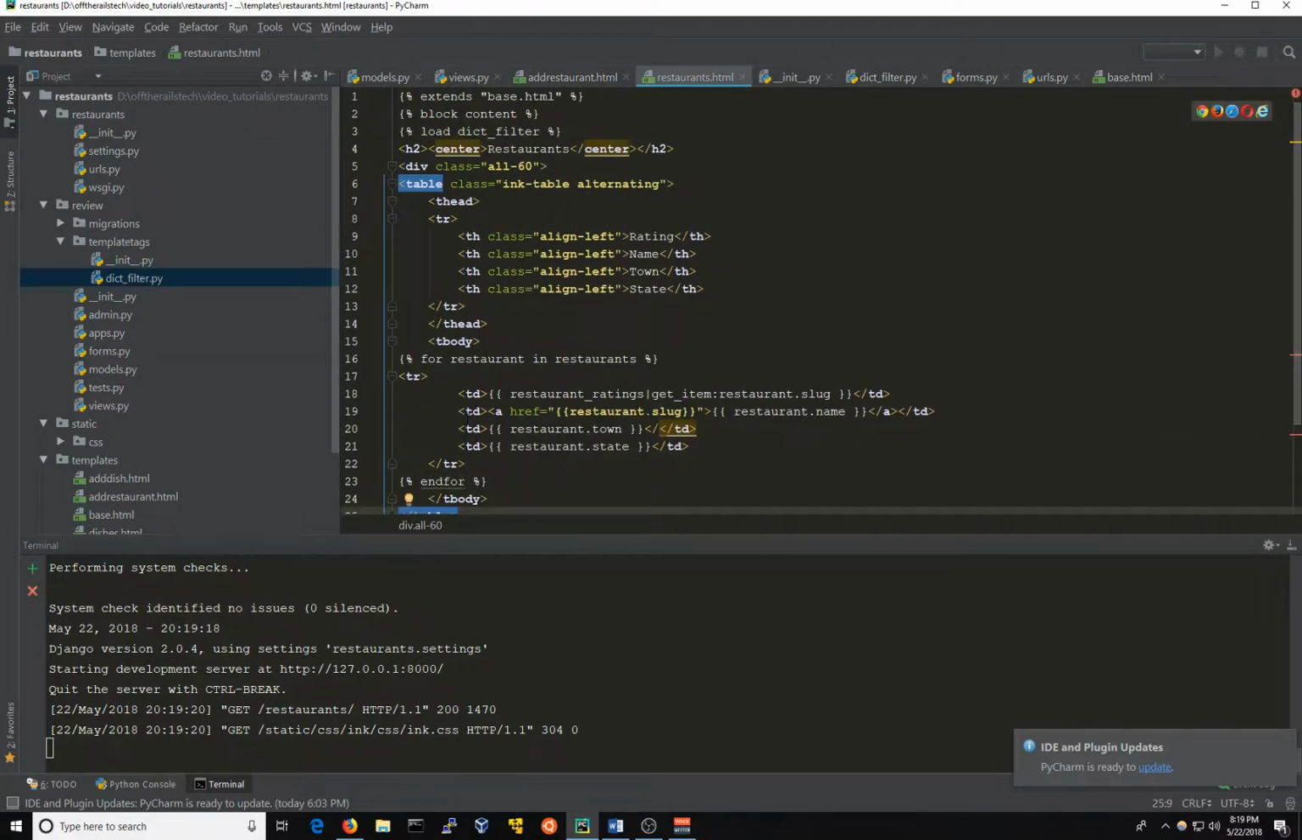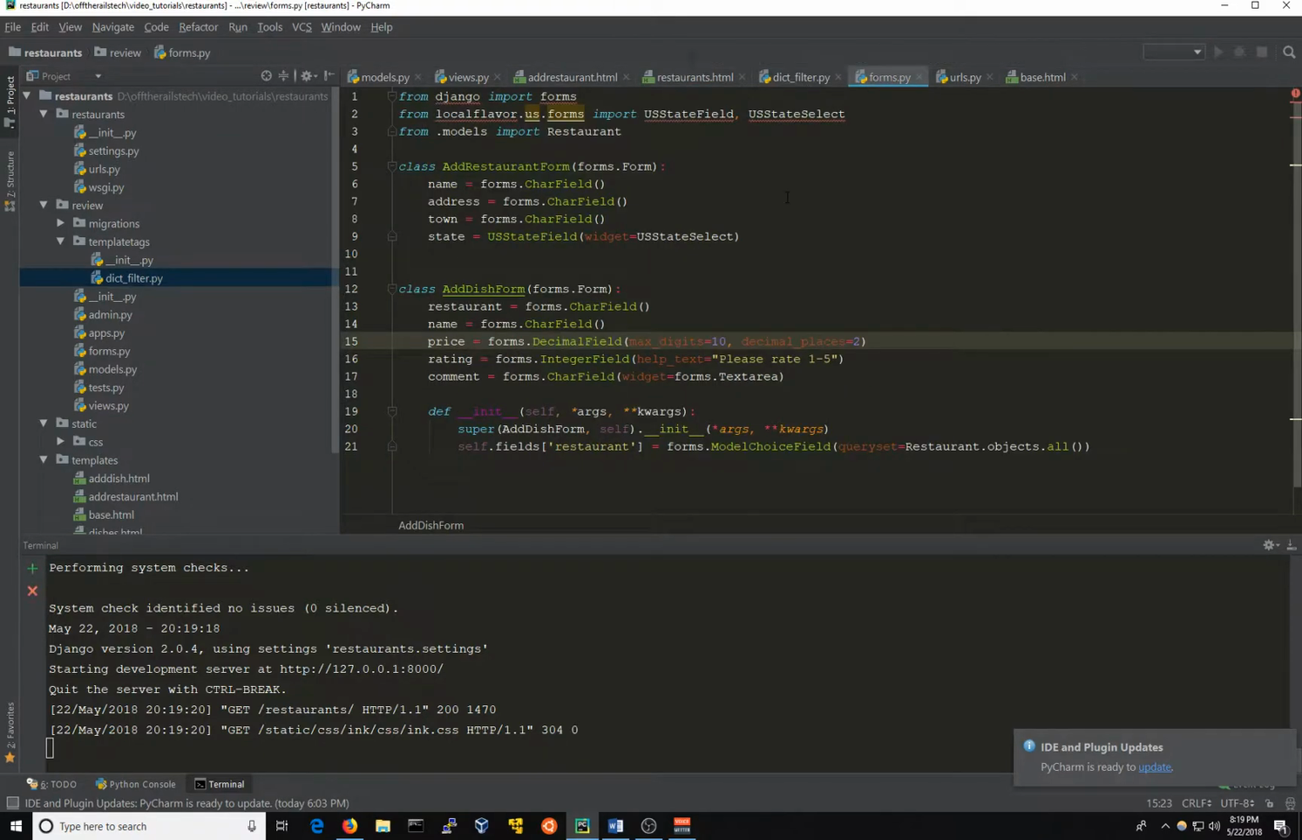And the next thing I did, which is already done, is I created a new form. So basically I just went back into forms, and so I added this add dish form, and it's just like the add restaurant form. You're just defining the fields that are going to appear on the form, with the exception of down here we have this method where we're overriding the init method, and the reason we're doing that is because